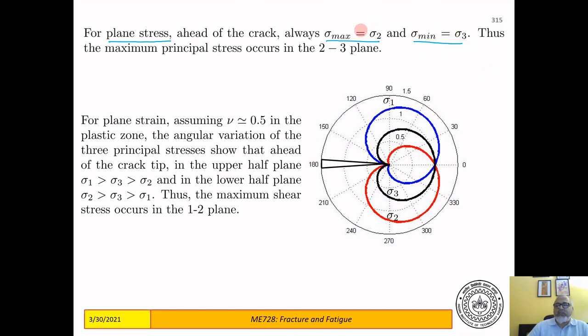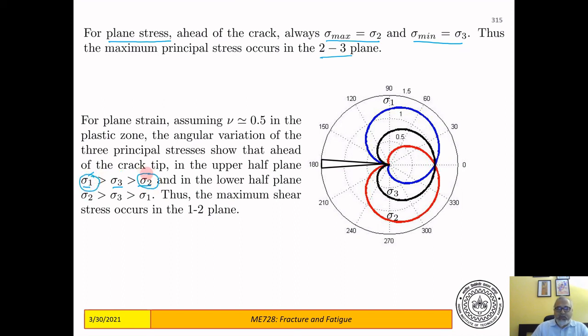Okay, so the maximum principal shear stress occurs in the 2-3 plane in plane stress. In plane strain, let's assume some value of nu. Here I have plotted the 3 stresses in plane strain, and in the upper half, sigma 1 is greater than sigma 3 is greater than sigma 2. So sigma 3 is the black curve, sigma 2 is the red curve, and sigma 1 is the blue curve. So in plane strain, sigma 1, sigma 3, sigma 2 is the ordering, and therefore sigma max is 1 and